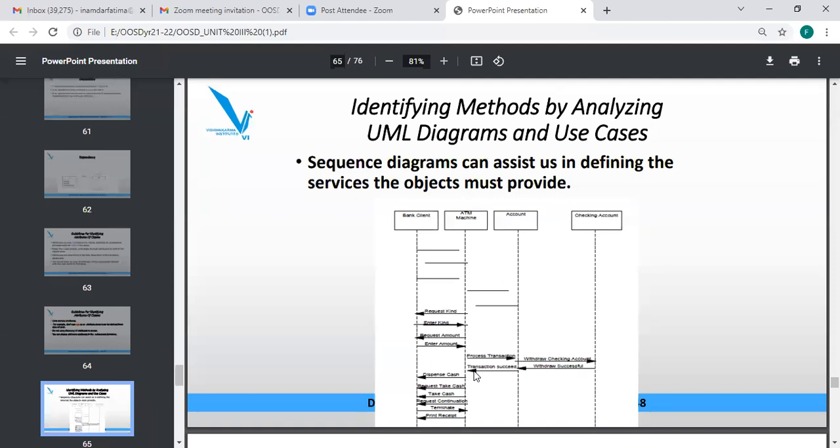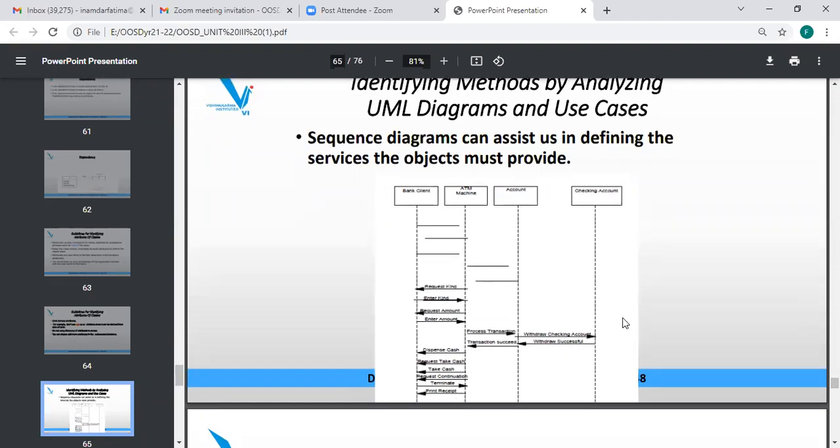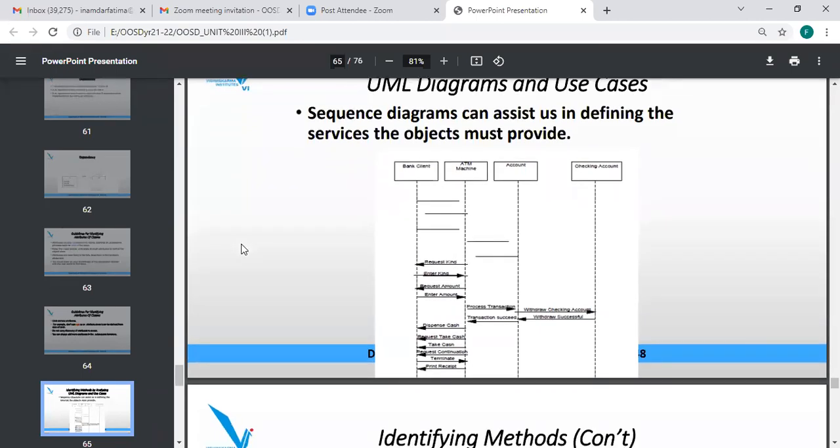So in the UML diagram for this particular analysis part, the most important aspect of UML is nothing but use cases. After getting the use cases, what exactly I am performing is given in the form of sequence. That is the most important aspect of my UML. When everything is complete, the termination has to be carried out from the bank client to the ATM machine. And then finally I get the printed receipt of my amount withdrawal, and finally I can stop it, right? So this is all that I'm performing with the help of the sequence.